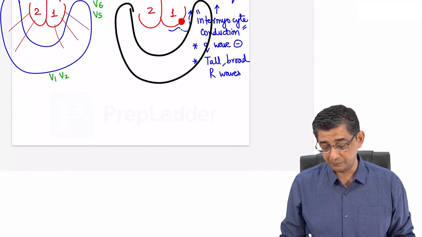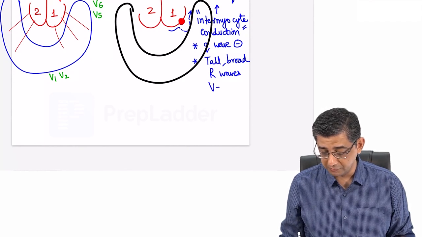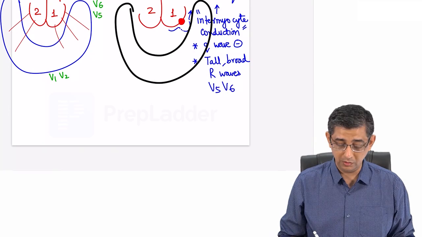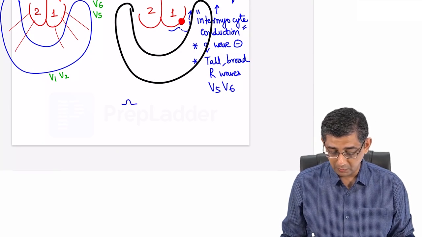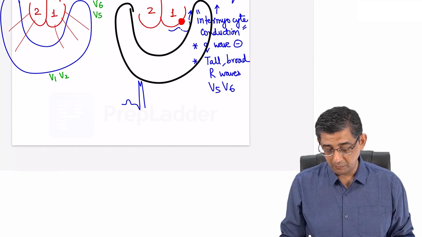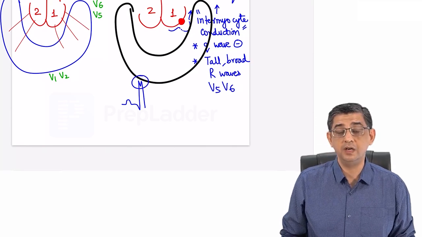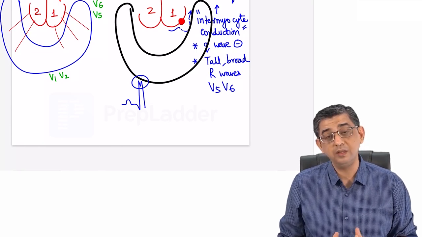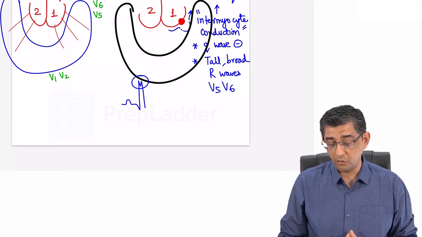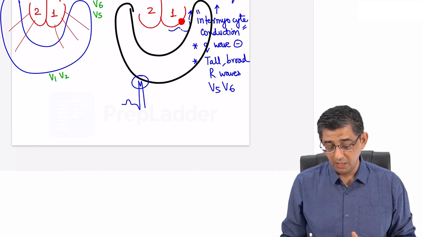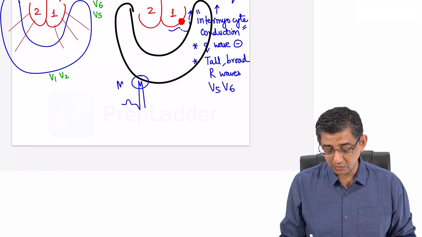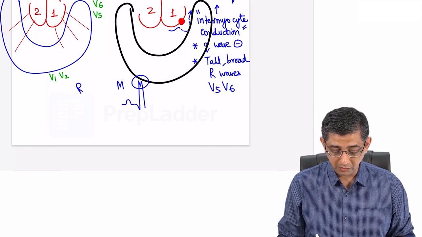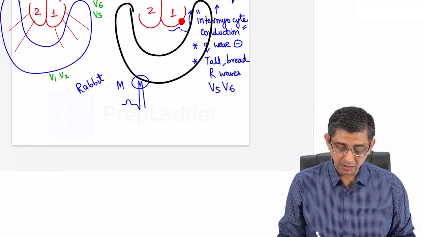And lots of times, especially in leads V5, V6, you will also notice another very interesting thing: in this tall and broad R, the upper part can have an M pattern. This M pattern is basically signifying a sequential contraction of the ventricles. It is highlighting the fact that both of the ventricles are not contracting simultaneously. This rabbit ear appearance or M pattern, I repeat once again,